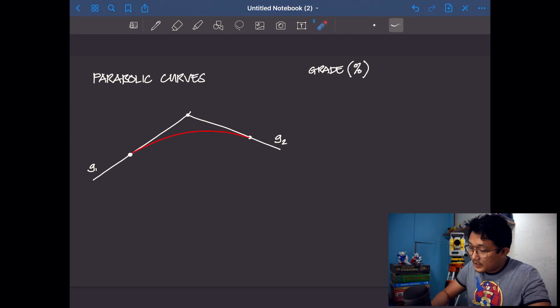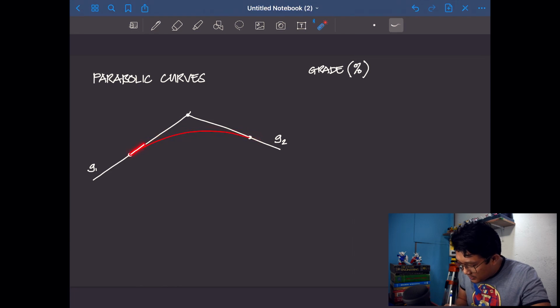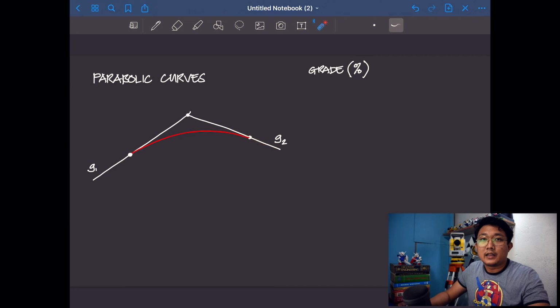So notice that this curve is tangent to this line, and it is also tangent to that line. Now, if we can recall from your calculus, the parabola is a polynomial in the second degree, which means that if we take the derivative of that, we get a first degree